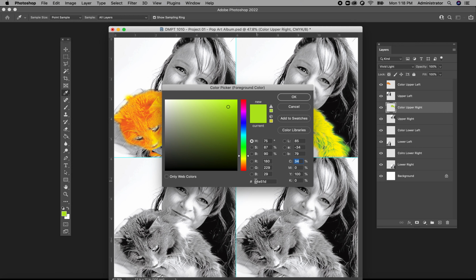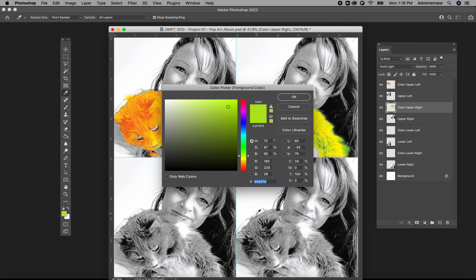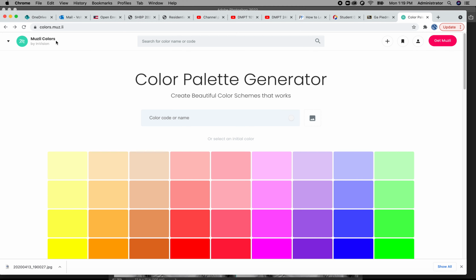I have this number down here, and this is an original alphanumeric name for every color. So if I copy that, and then I go to this website, and this is called colors.muz.li. There are a whole bunch of them out there, but I like this one because I can put in the name of the color,